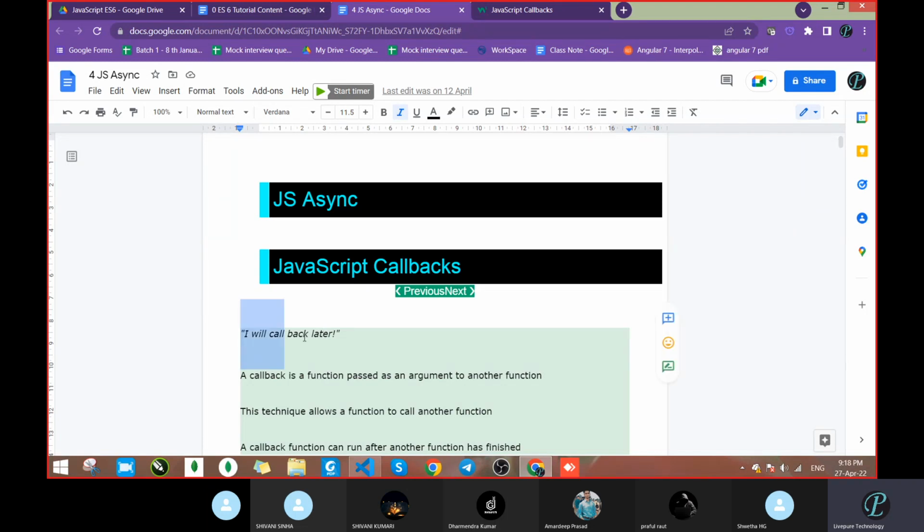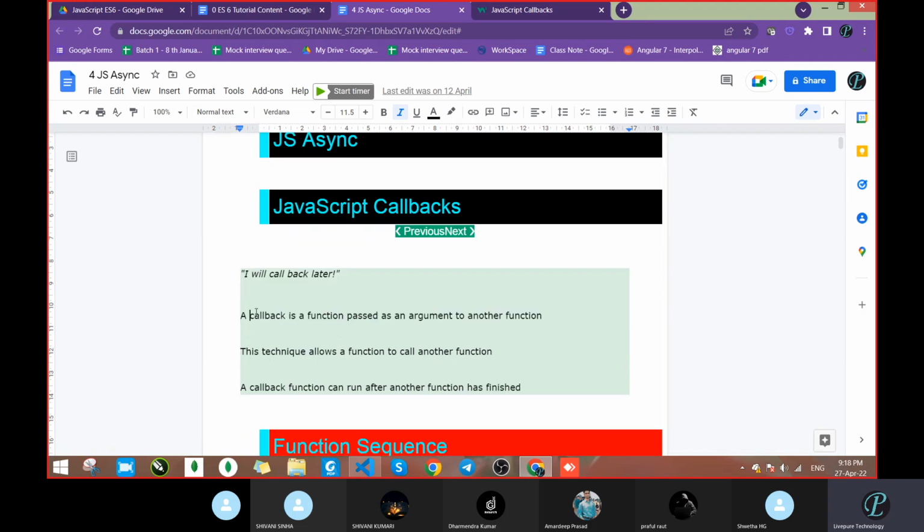So I will call back later. If you write a callback function, that function will be available. They are doing their work, but in the future we are going to call that function. The name itself is callback. If you have to define it, you can say we define the function, but we will use that function later, whenever there is a requirement.